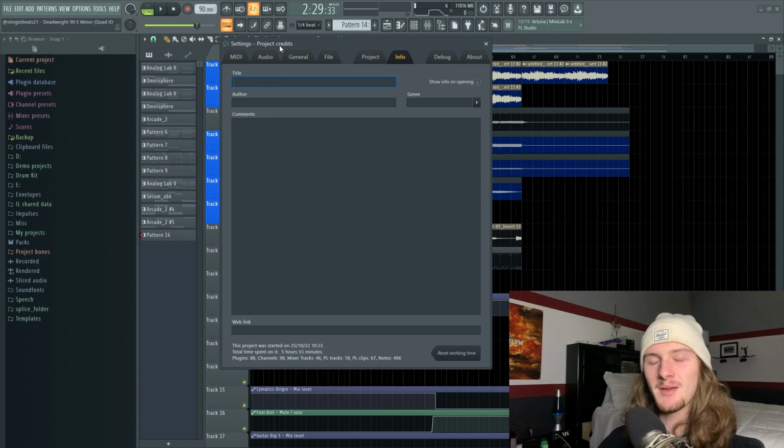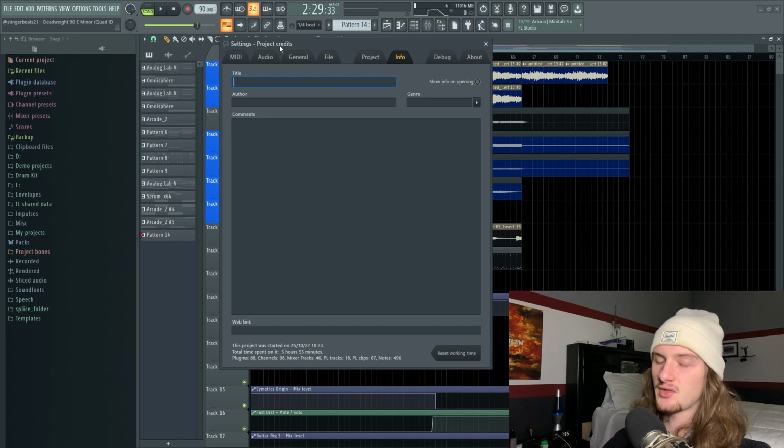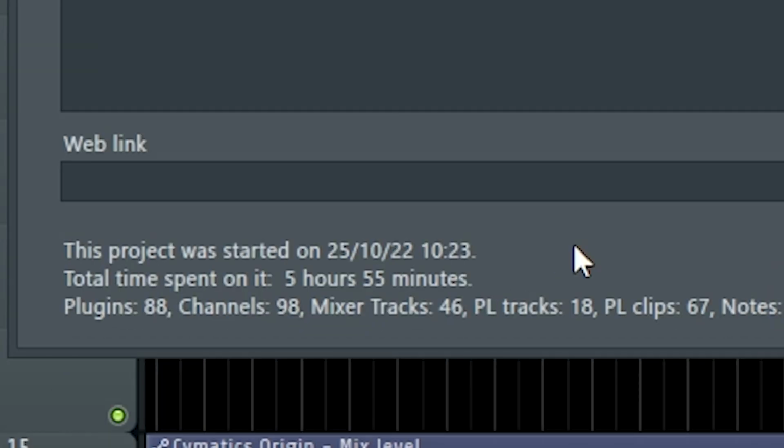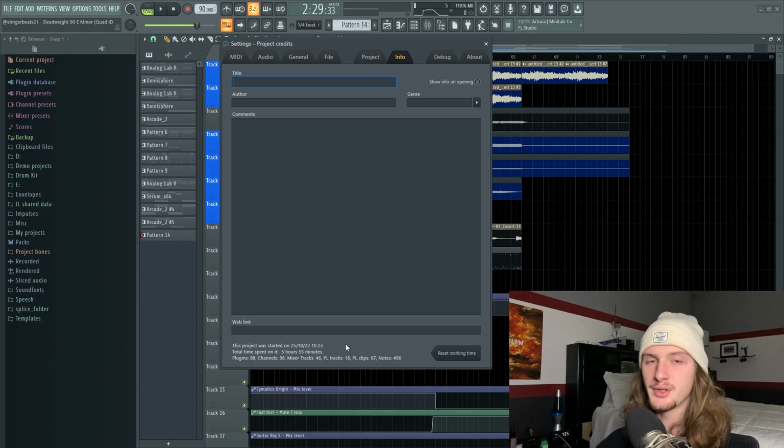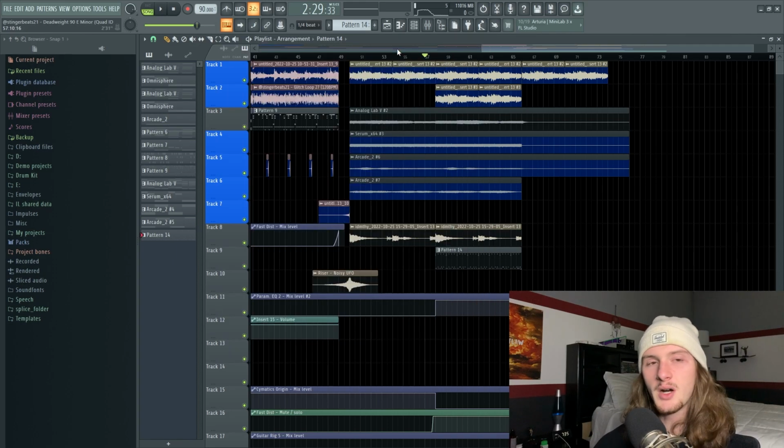And remember, for these kind of beats, you really want to take a while to craft it. As you can see down here, it took me a little bit under 6 hours to make this beat, which for me is a stupid long time. So don't be afraid to lay some stuff down and come back to it later, just so you can make sure everything is perfect. But with that being said, that's going to pretty much cover how to make a Quadeca